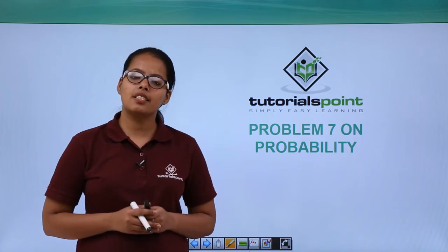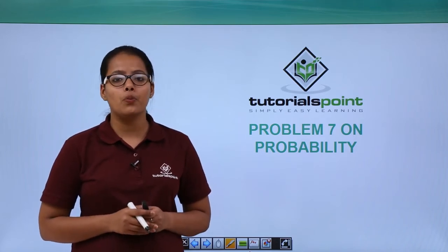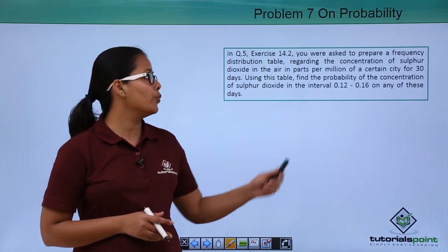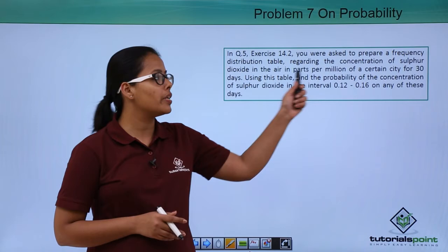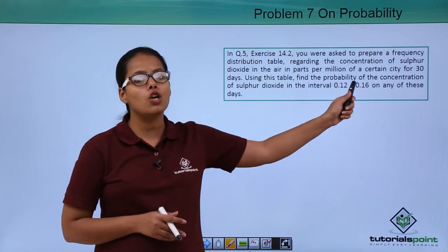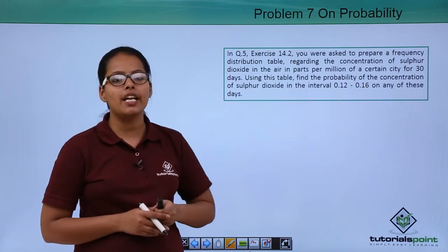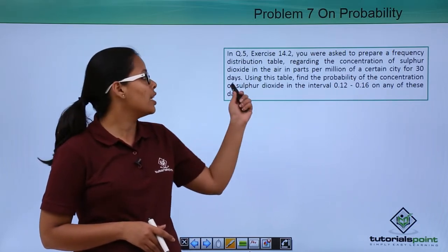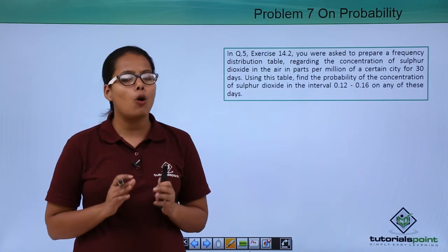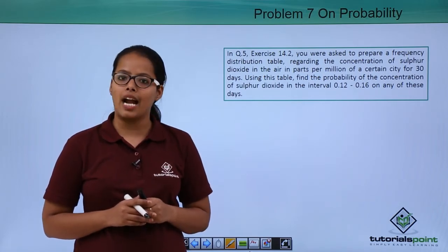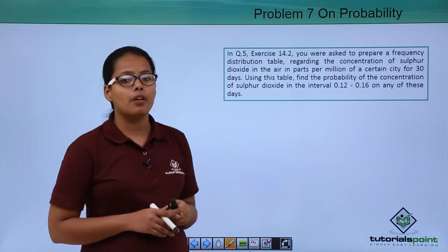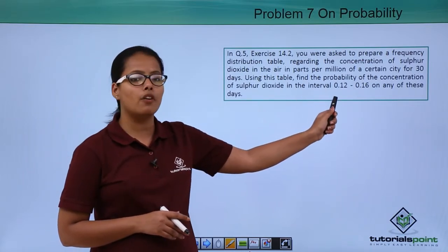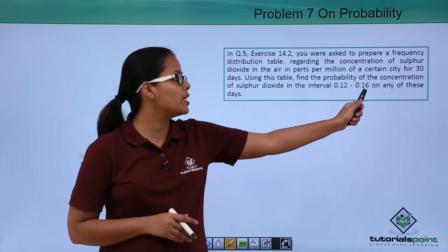Hello guys, let's discuss this problem on probability, which says question number 5 of exercise 14.2. You were asked to prepare a frequency distribution table regarding the concentration of sulfur dioxide in the air in parts per million of a certain city for 30 days. If you remember, I have already drawn this table for you in statistics. Using this table, find the probability of the concentration of sulfur dioxide in the interval of 0.12 to 0.16